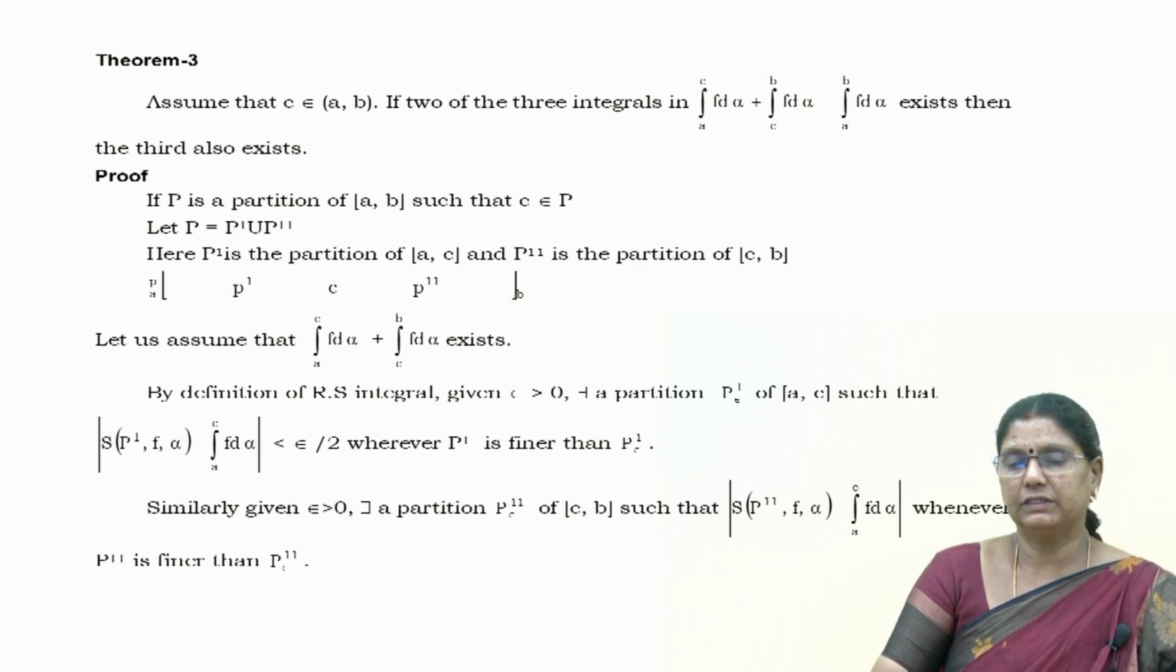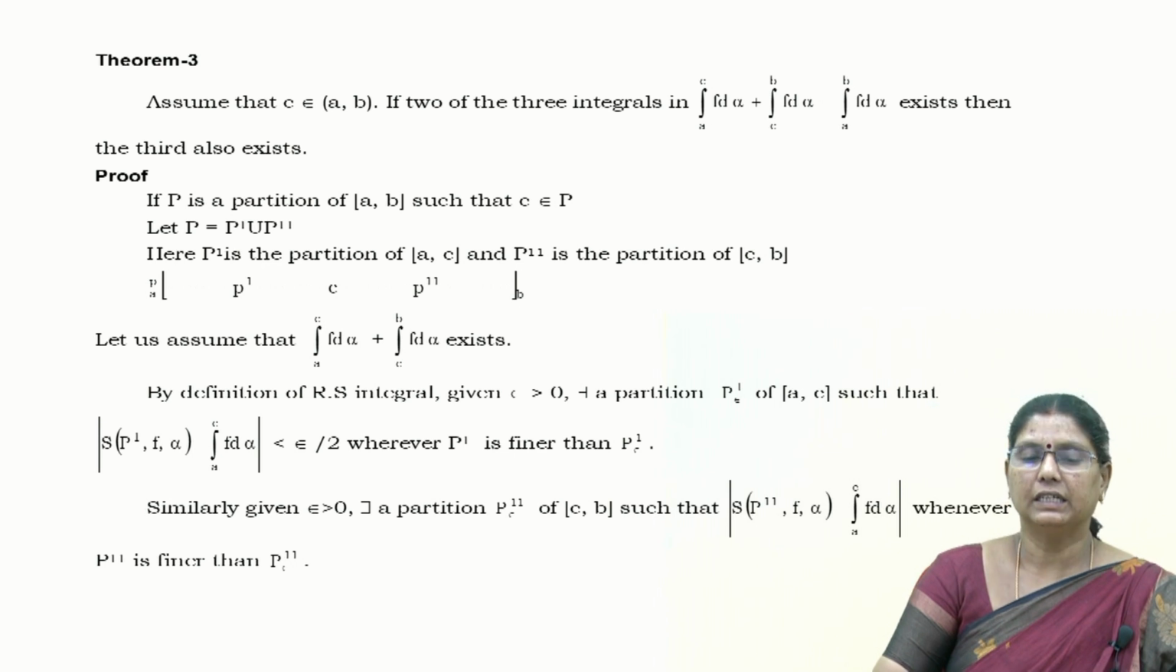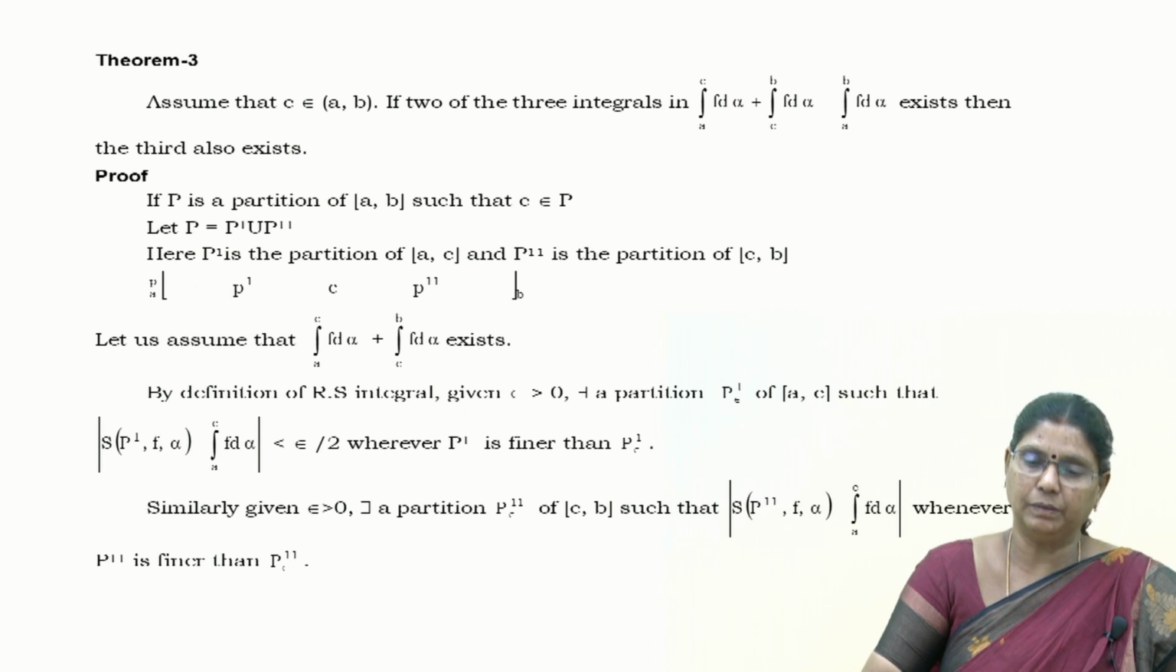So, to prove this, we consider a partition P of the closed interval [a, b] such that c belongs to P, and let us consider P as the union of P' and P''. That is, P' is the partition of the closed interval [a, c], and P'' is the partition of [c, b]. Now, let us assume that the integral from a to c of f d alpha and the integral from c to b of f d alpha exist. Now, we want to show that the sum of these two is nothing but the integral from a to b of f d alpha. So, by the definition of the Riemann-Stieltjes integral,